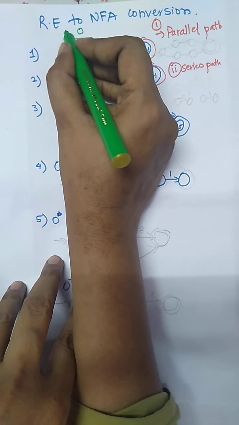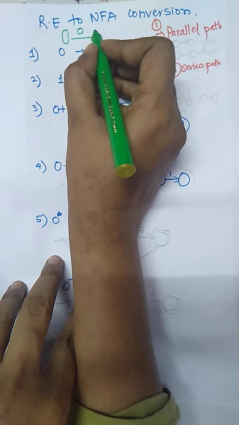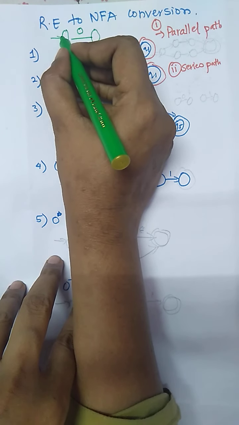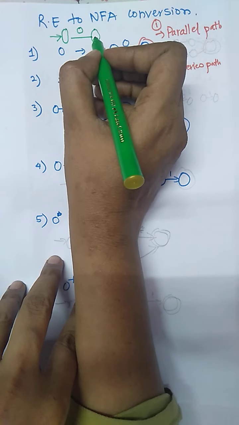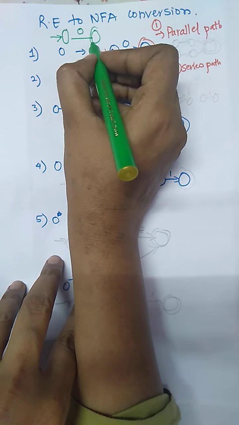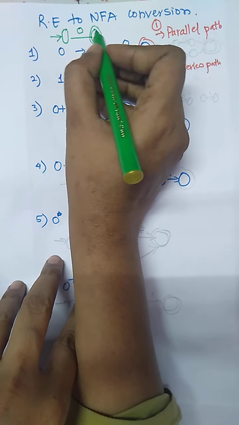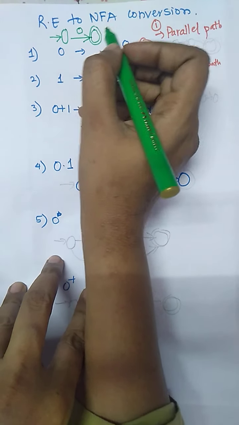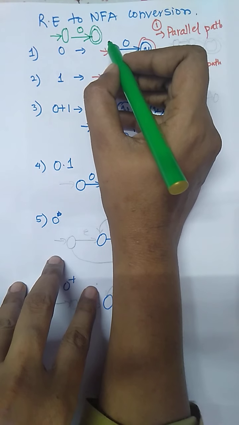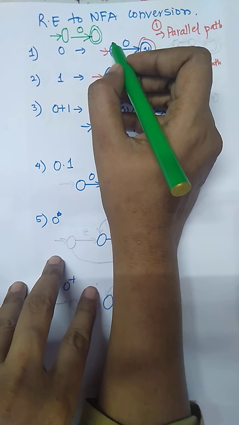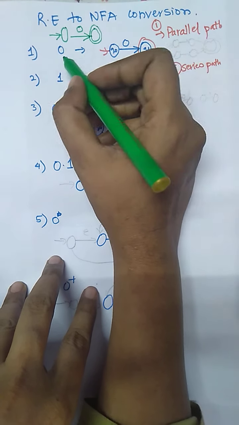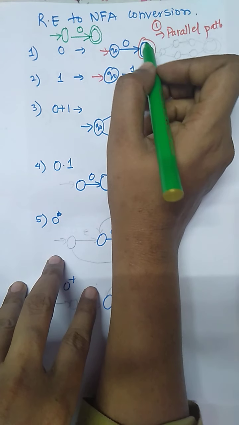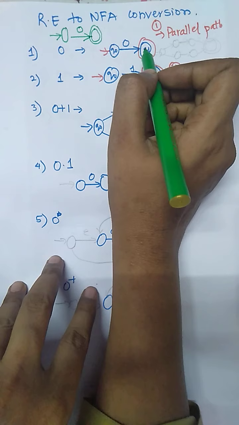It is coming from a state, and it is going to a state. This is coming from a state which will be marked as the initial state. It is going to a reachable state, which we will mark as the final state. From here it is going to here, so we mark an arrow like that. This is, we cannot say the NFA, but it is a portion of an NFA that we are going to use after some time. So 0 means only 0. We give suitable names as Q0, Q1 with the suitable final state.